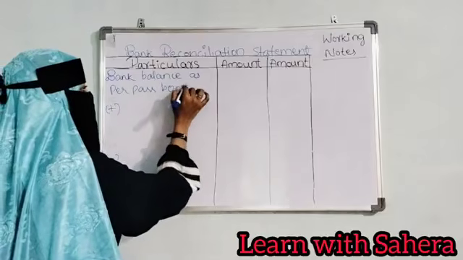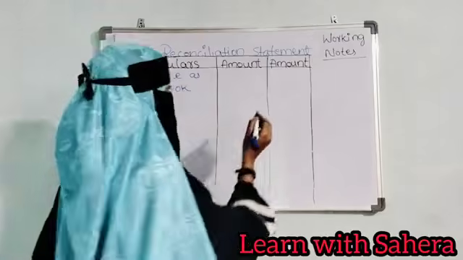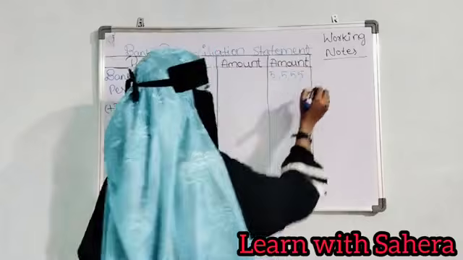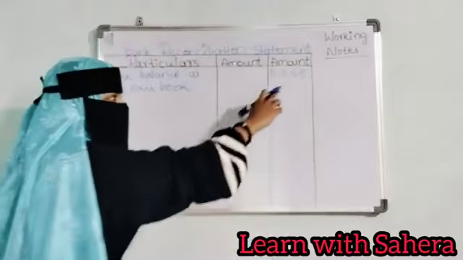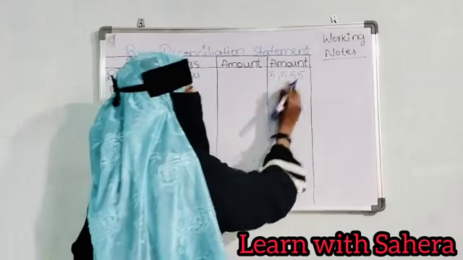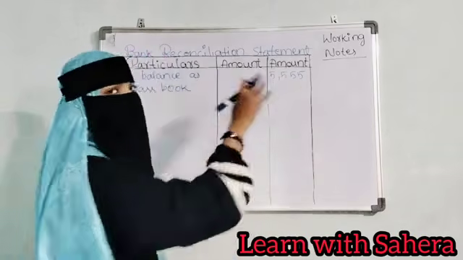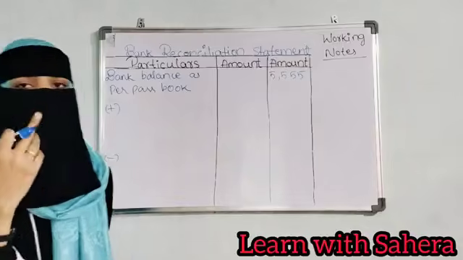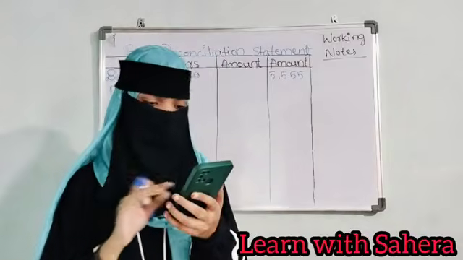How much is the amount, ma? It is 5,555. 5,555. Four 5s are there, children, and this amount you should take here in this column only, the outer column of amount. You should not take this amount here. Okay, is that clear? Then let us go to the next transaction.